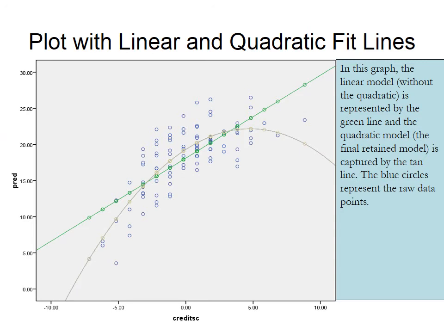So here is our data plotted out with those two curves. The straight line is in green, and the gray is our polynomial term. The gray actually fits the data better. We just saw our R square went up 11%. So this curved line really fits the data a lot better, and we'll want to use that to tell the relationship between the two variables. It's not just a straight line relationship.